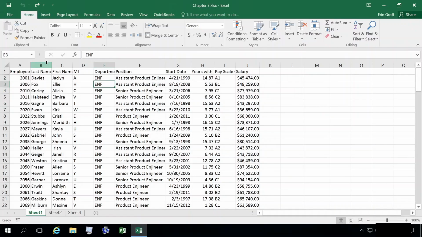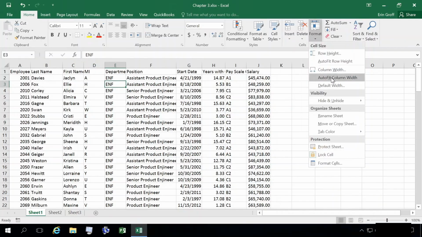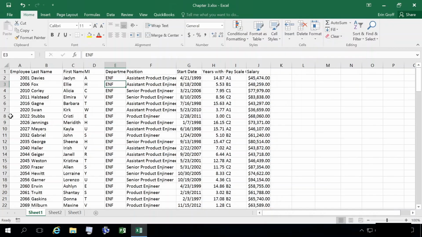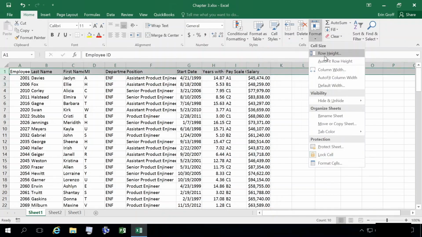If I put my cursor right between column B and C on this dividing line, my cursor changes to a vertical line with a double-headed arrow. If I double click on this line, easy way to auto fit the contents. So that's the same as going to your format drop-down, auto fit column width. And you can do the same for your row. Select the row, format drop-down, you can select your row height